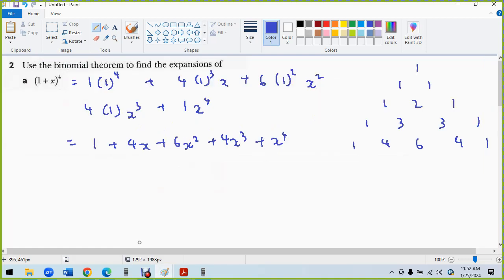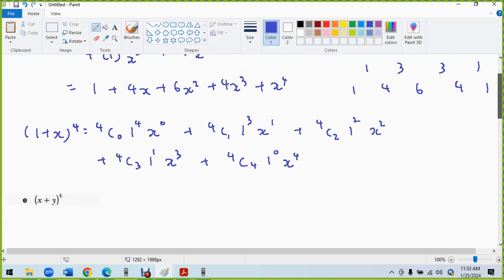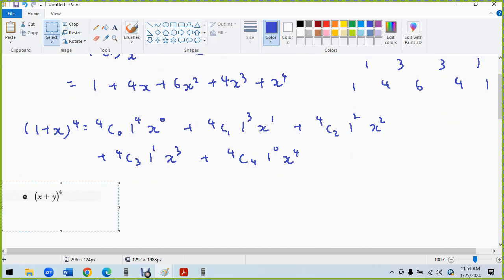Okay, so for this one, we have (1 plus x) power 4 will be 4C0, 1 power 4, x power 0, 4C1, 1 power 3, x power 1, 4C2, 1 power 2, x power 2, and then 4C3, 1 power 1, x power 3, and then 4C4, 1 power 0, x power 4. Okay, so this one will equal to